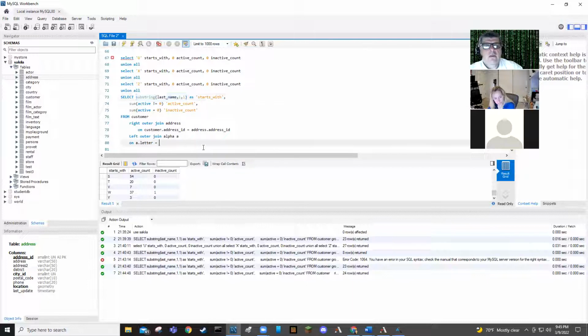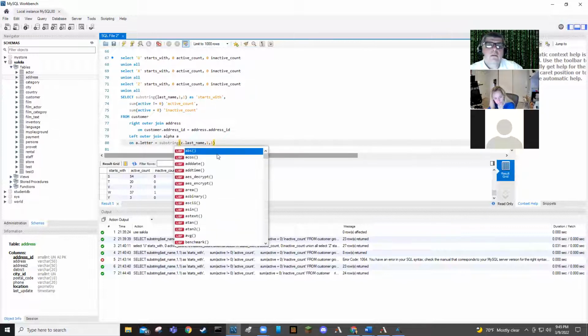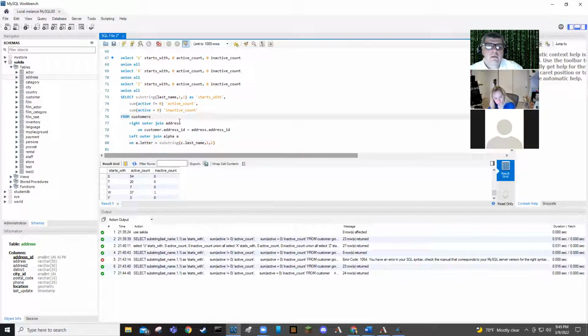I can do this here. C. Fix that there. So that's what you would essentially have to do, is just do the left outer join